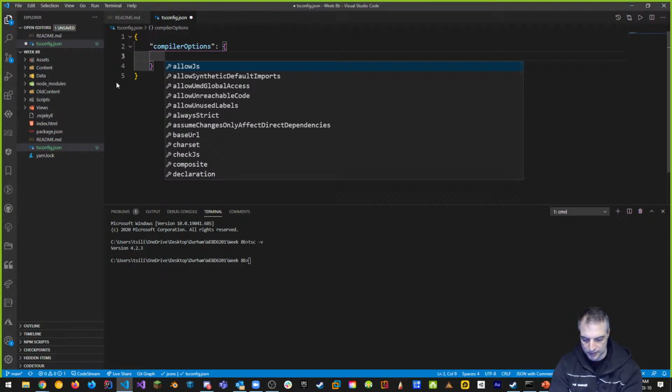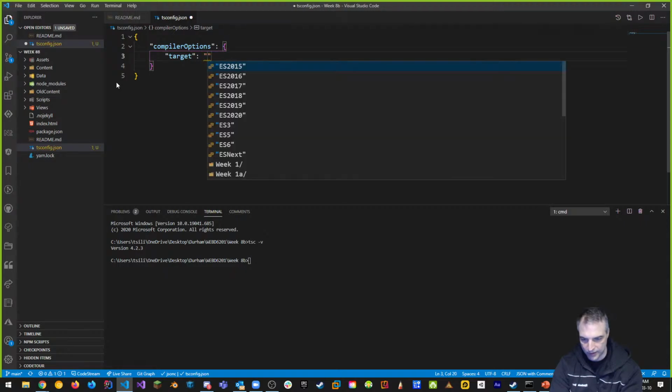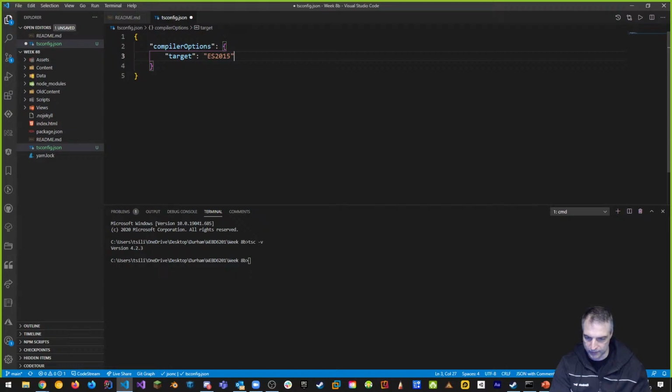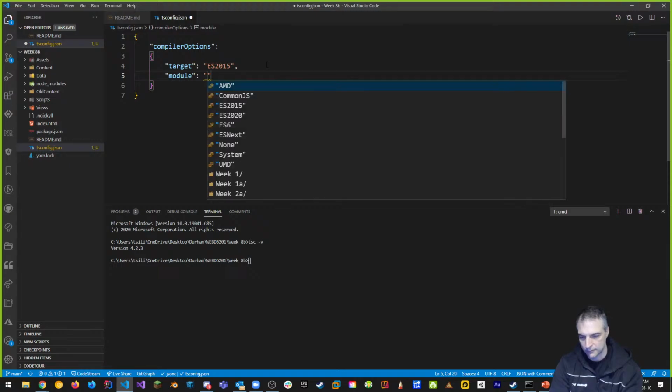The first thing is the target. What am I targeting? Is it ECMAScript 3, ECMAScript 5? If you wipe that out and press Control Space again, it'll give you a list of viable targets too, for example ECMAScript 2015, 2016, and so on. Let's choose ECMAScript 2015 as an example, which is a good target. That's equivalent to ECMAScript 6. The other thing we want after target is the module type. So Control Space, and if I type in module, you can see that the module type is CommonJS.